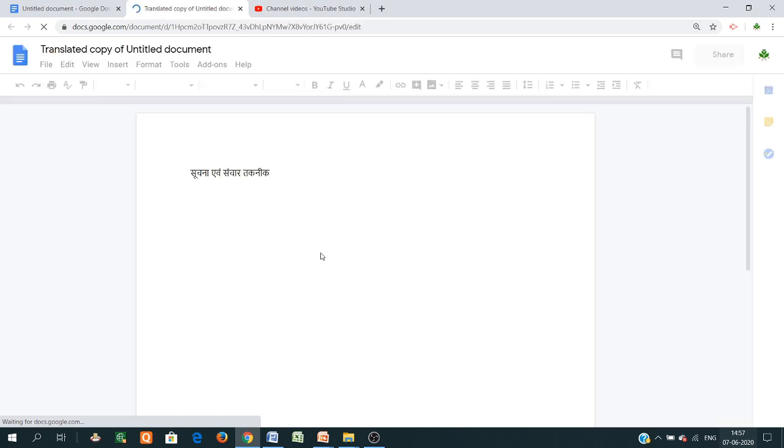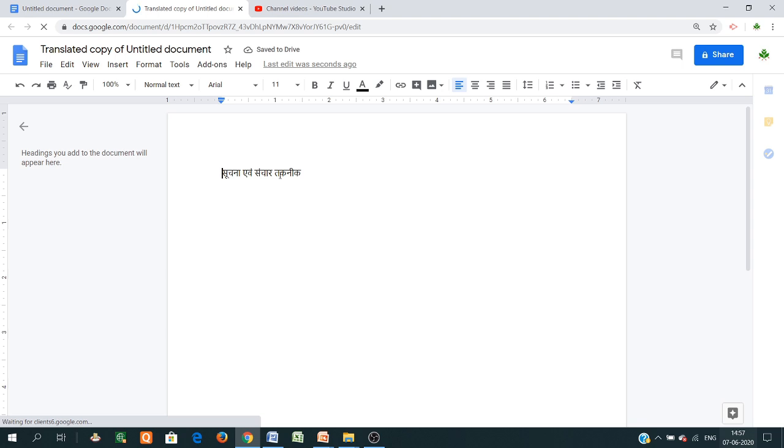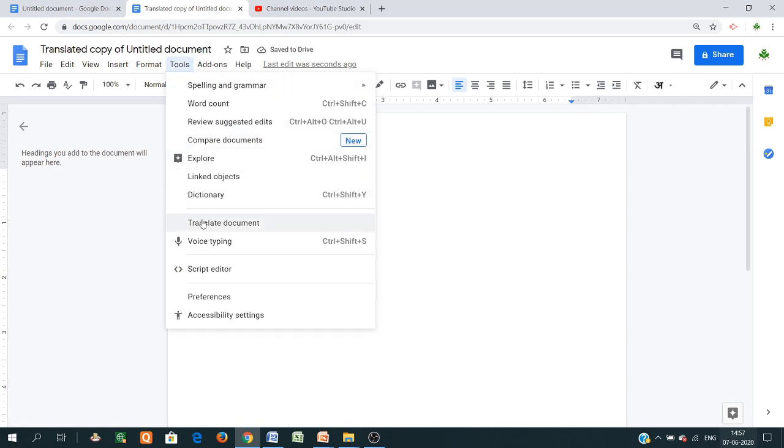So the next page opens, in which the information and technology सूचना एवं संचार तकनीकी. So in this way you just type in English, or you can copy from your documents which are present in MS Word. Copy here, automatically this is converted into the local language, whatever language you are selecting here, whether you want to convert this English text into Hindi, Marathi, Nepali, or Filipino language also. Different types of languages are supported by this Google Docs. So this is one way to translate, means just go in the tools, then translate the documents.